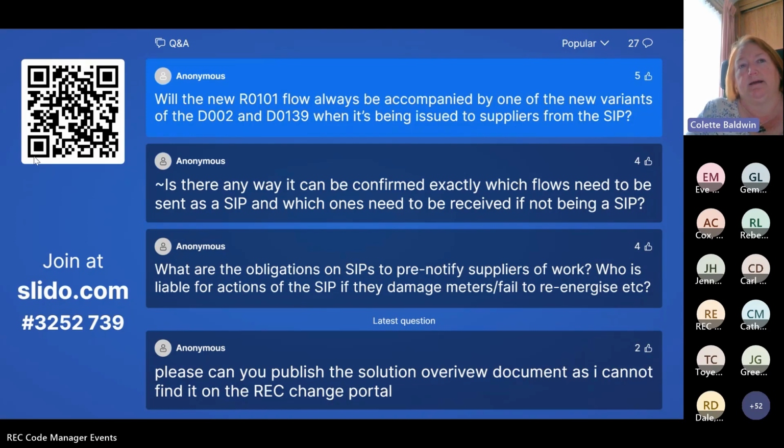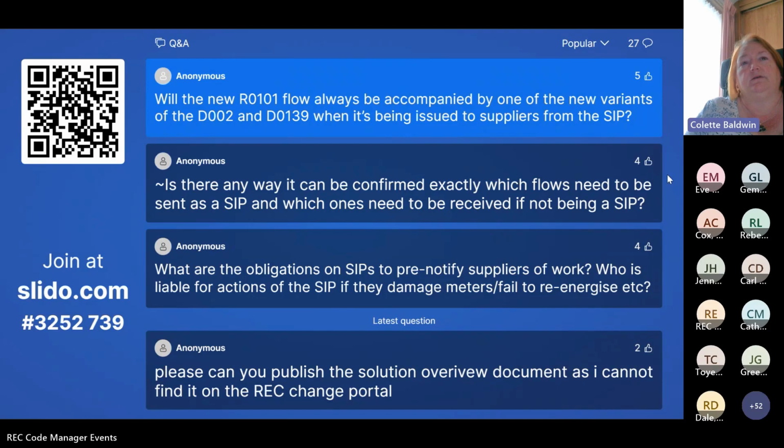Oh, by the way, we identified there needs to be a third party or there was a medical dependency on electricity. If there was no fault or dangerous situation, or the 139, if they re-energised within the same day, there'd be no reason to send the 139. If there were no faults or any instances of theft or anything like that, no reason to send any other flow. So the only time the new market message would be accompanied by another flow is if there's been a period of de-energisation that's lasted beyond the day,